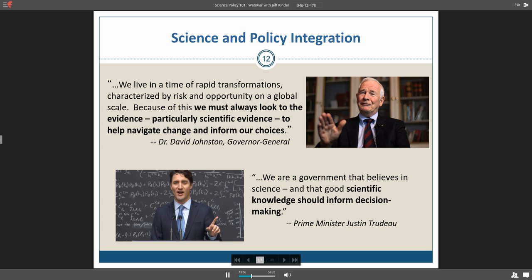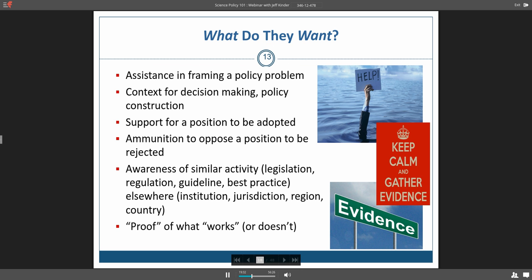So in terms of science for policy, another phrase that's often used is science and policy integration. And I think we're getting very high-level and clear signals from our senior decision makers that this is an area of importance. For example, we can look at a couple of quotes, one from our Governor General around the need to always look to the evidence, particularly scientific evidence, to help navigate change. Our Prime Minister recently said that scientific knowledge should inform decision making. So again, we're getting high-level signals that science and evidence are important